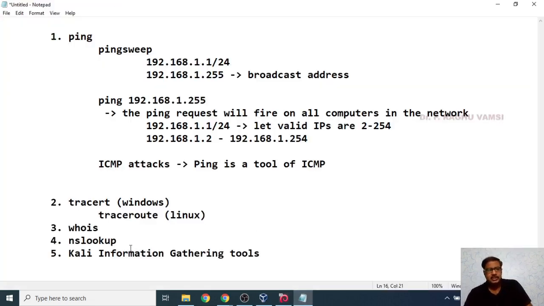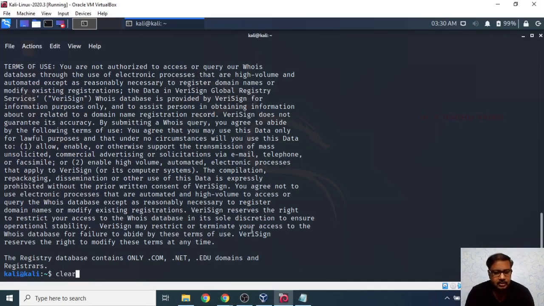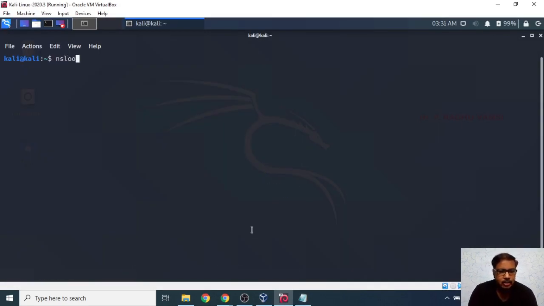NSLOOKUP is especially used to look up the network structure and also DNS related information. In NSLOOKUP, whenever you type the website address, you will get the DNS name, server name, IP addresses, and related information, like www.google.com.